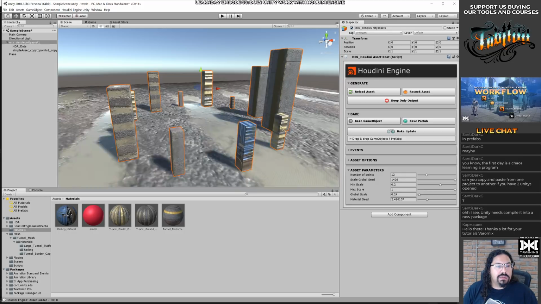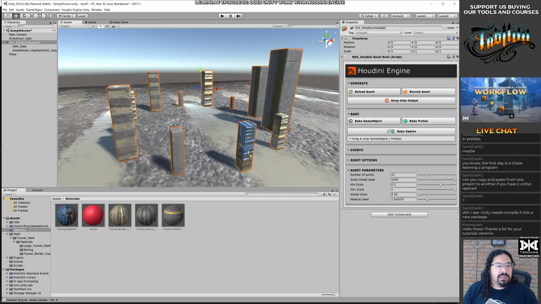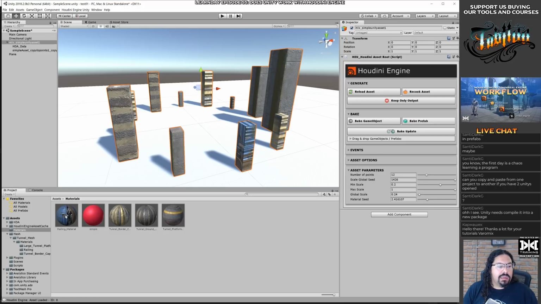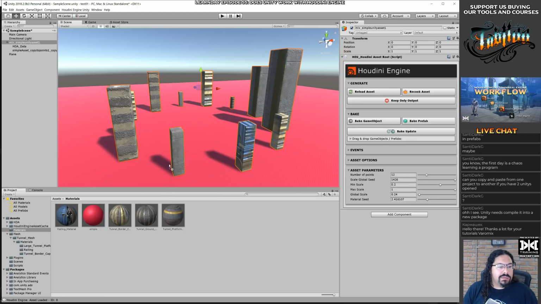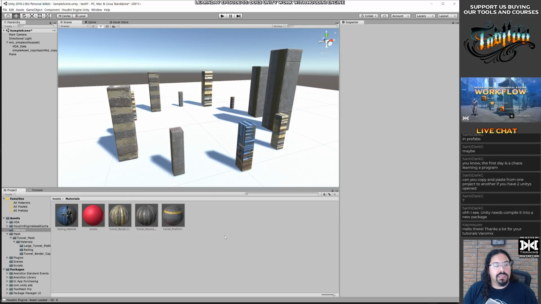Oh, actually, you can. It's just replacing whatever material you had. Okay. Let's do it with this. So the ones that had the same material are being replaced with whatever I drag to it. All right. Now that's a good thing.